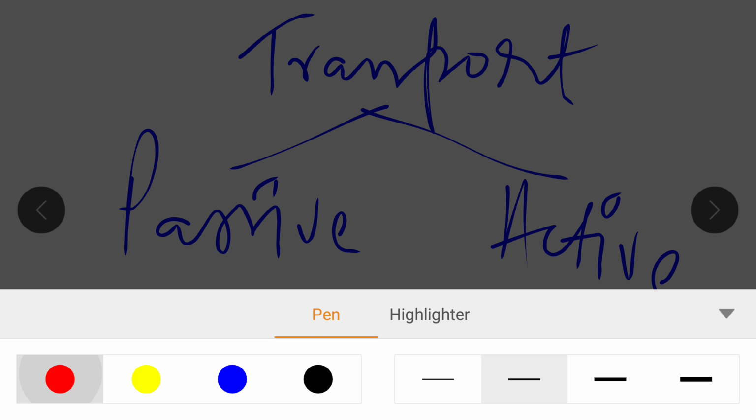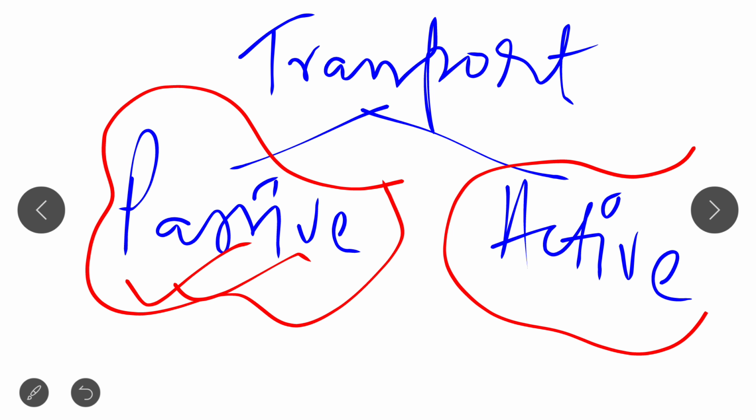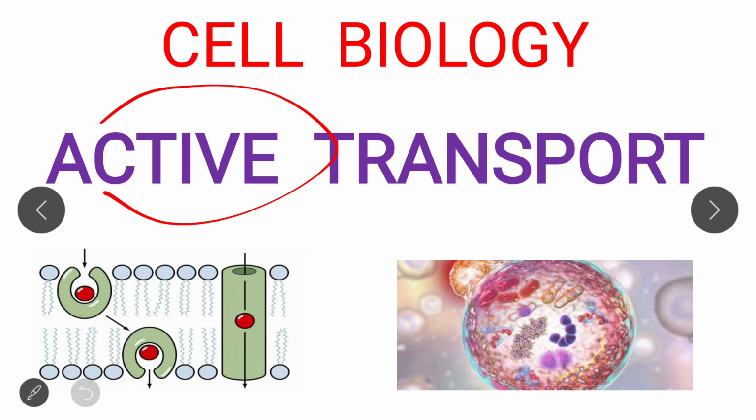In the previous lectures I already completed the passive transport in a brief, described way. In the previous 3 to 4 lectures I covered the total passive transport part. If you haven't seen those lectures, please go and watch them. You will find them on my YouTube channel in the cell biology playlist. Now, in today's lecture we are going to discuss the active transport system.